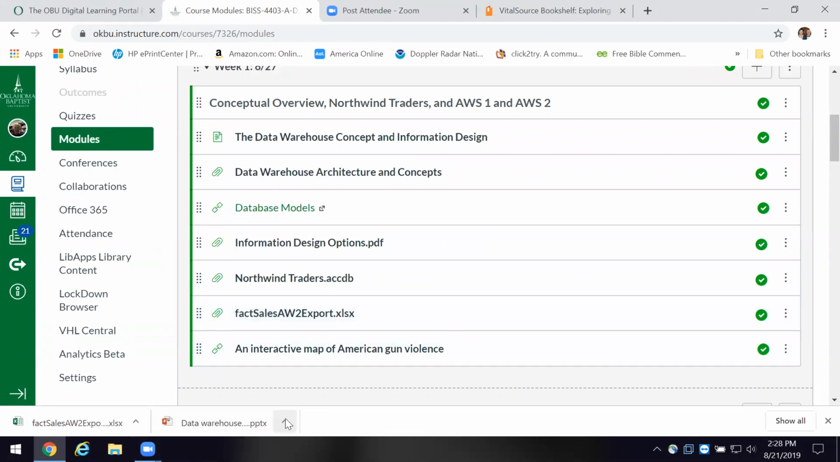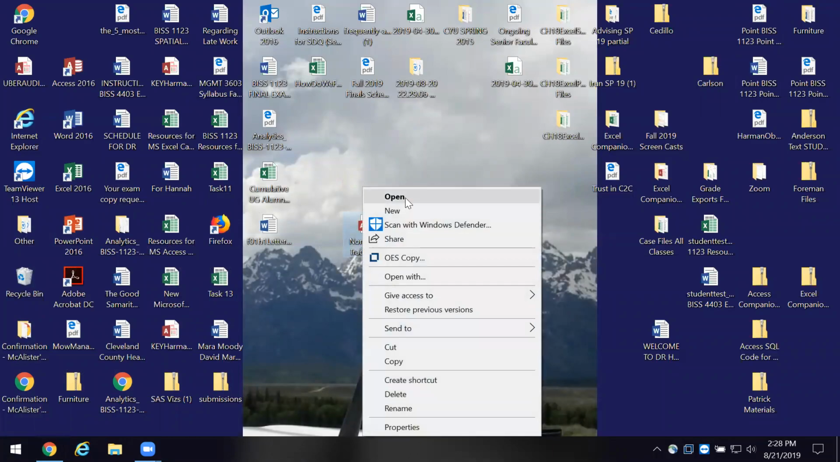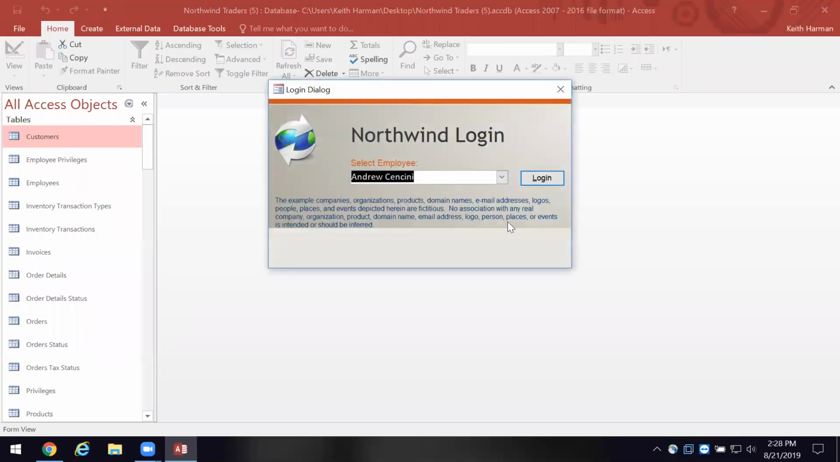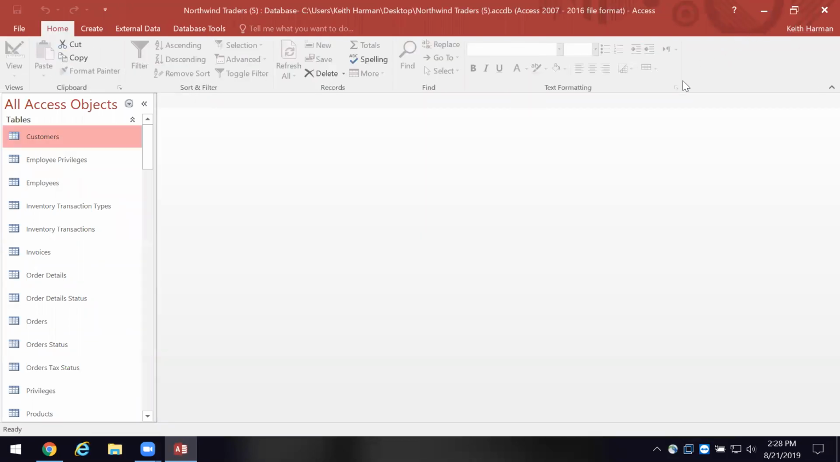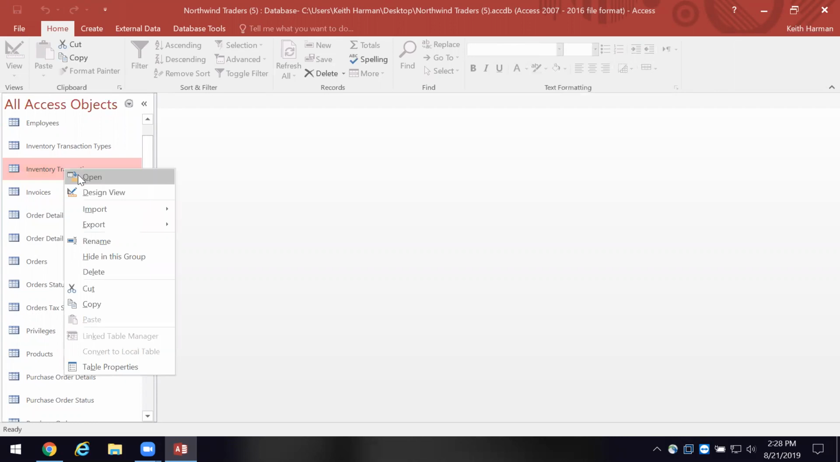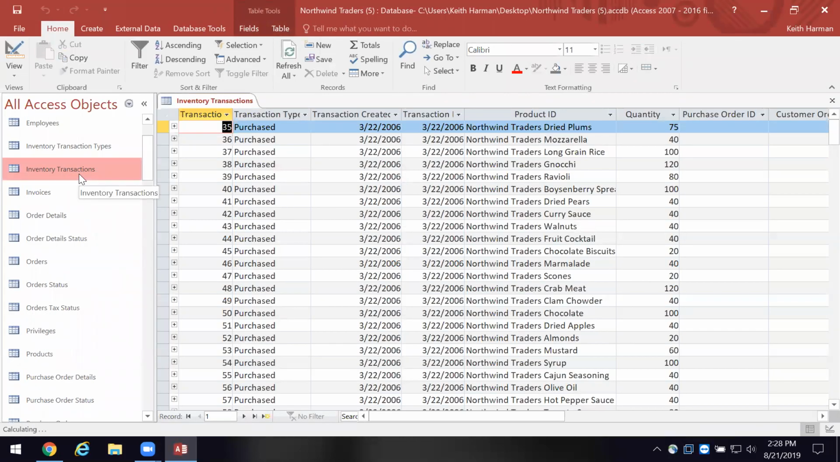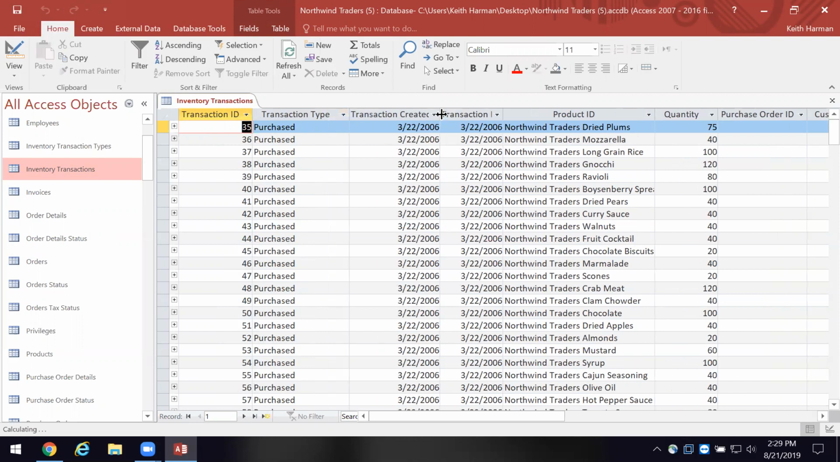And here's the data warehouse. Well, I'll go back down here to Northwind Traders. I'm going to open it back up. Okay. And we'll close off that dashboard. And we're going to pop over here for just a second. And we've got the inventory transactions table. It's pretty complex. It tells us the transaction ID, the type of transaction, when it was created,